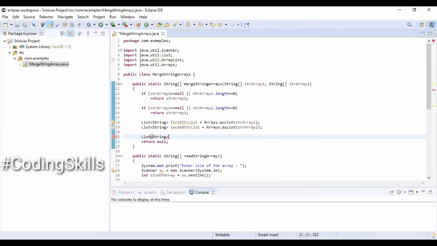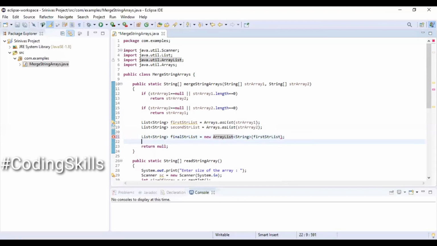Declaring one more variable which is of type List of String. finalStrList equal to new ArrayList. For this we are going to pass the firstStrList.